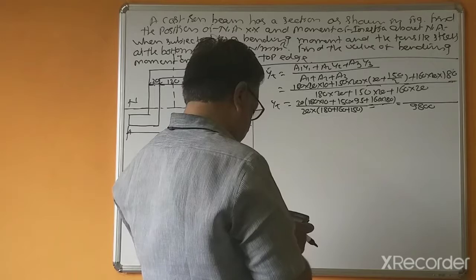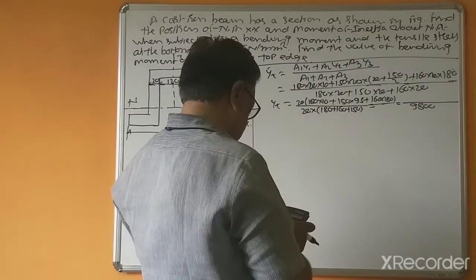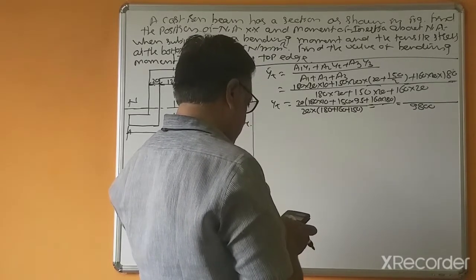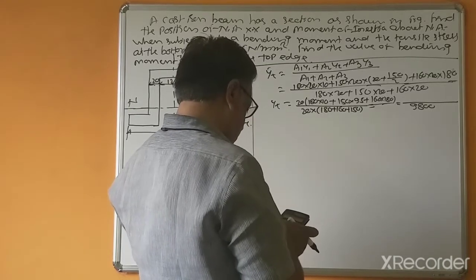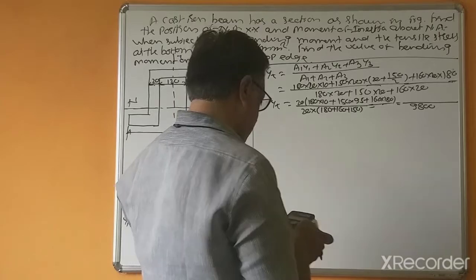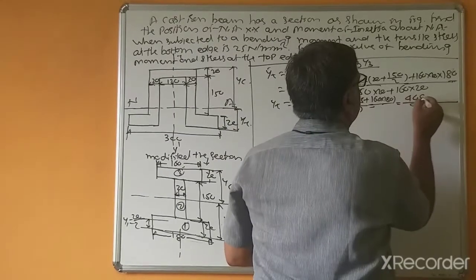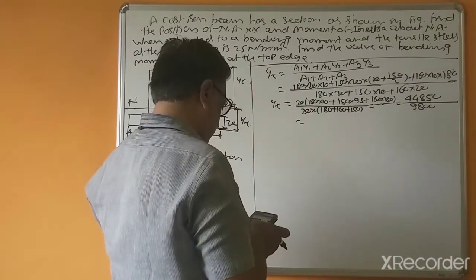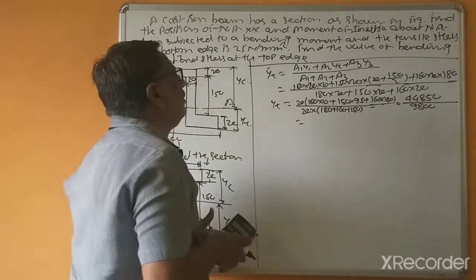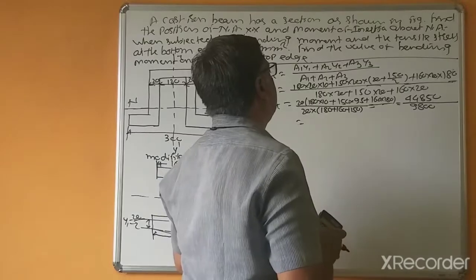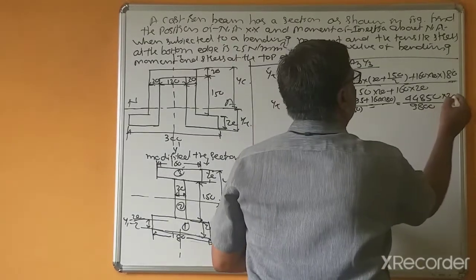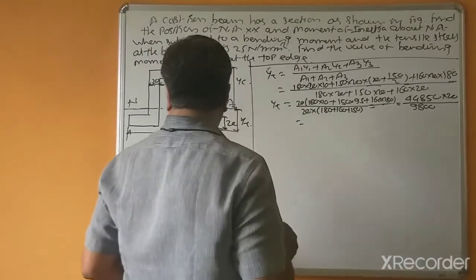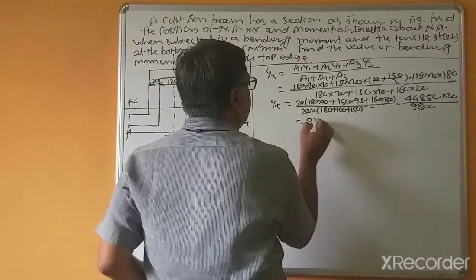On top, 1800 plus 150 into 95 plus 160 into 180, 44850, multiplied by 20, divided by 9,800. This is equal to 91.53 mm,